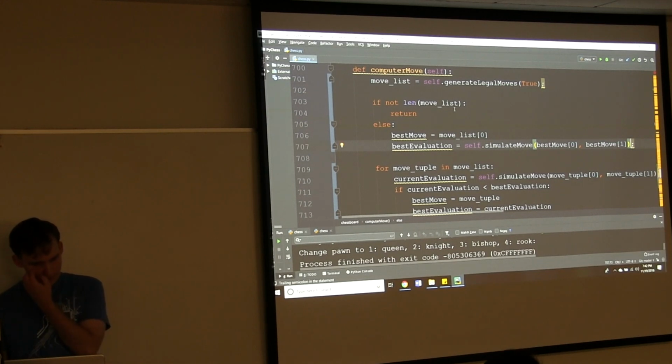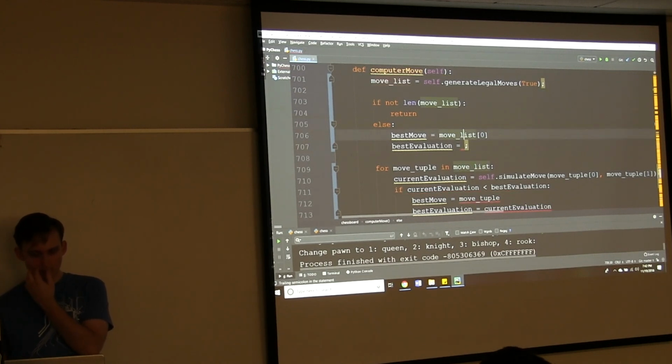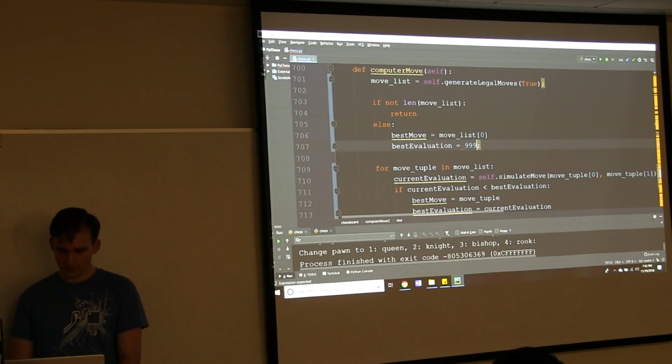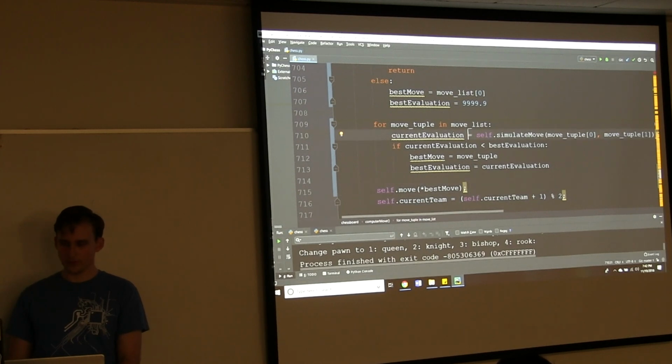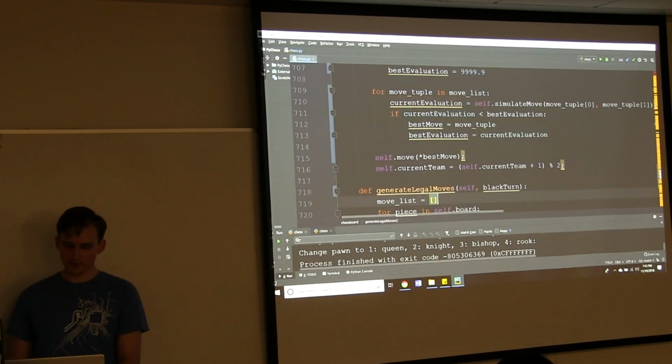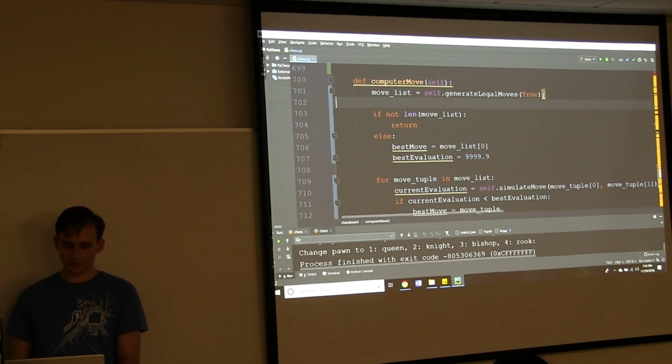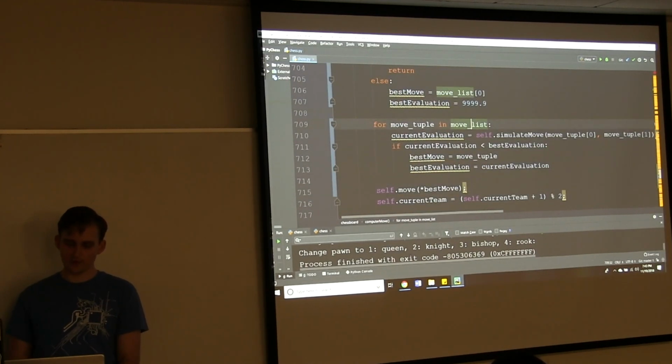So we don't really want to be using the simulate move function anymore. We can still keep it starting with the first move in the list. But I like the randomness aspect we introduced. So we're actually still going to be looking at every possible move. We still need to look at that. But the difference is we're going to be calling Minimax from every possible position that results from that.